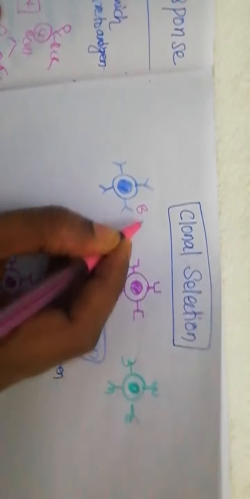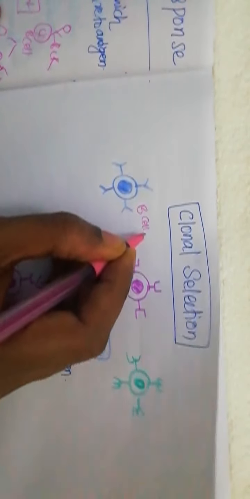You can see here these are all B cells. B cell 1, this is B cell 2, and third is B cell 3. We are just naming them for your understanding. In your body there are many. I am just giving an example, so don't write it as there are 3. There are 3 different types of B cells I have mentioned here, B cell 1, 2 and 3. This is a B cell population. There are many B cell populations with different types of receptors.